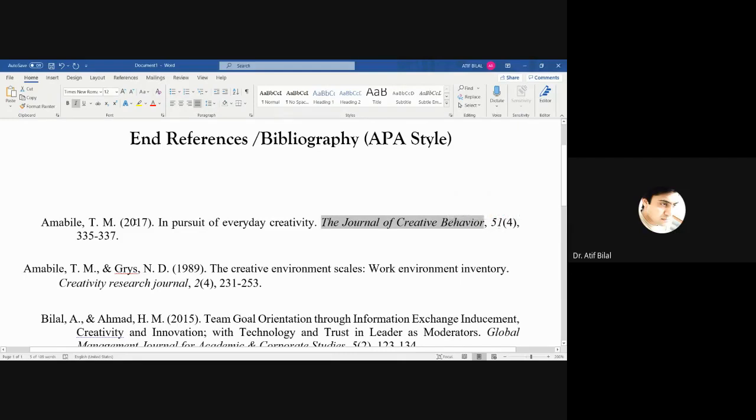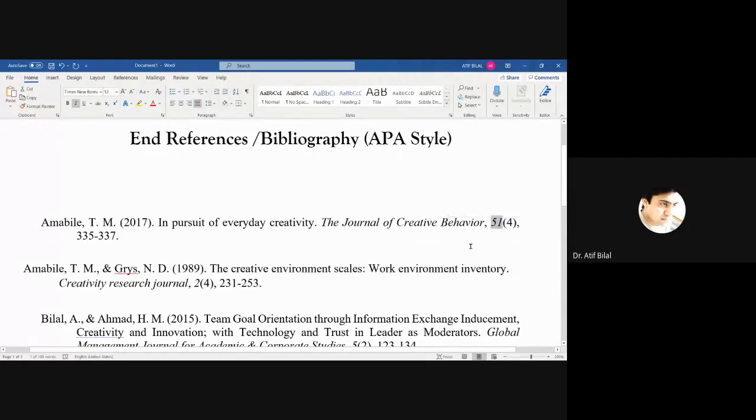In 2017, its age was 51 years. So it's a good journal, it's an old journal, and it has published 51 volumes. One volume comes in 1 year. So this is the age of the journal.